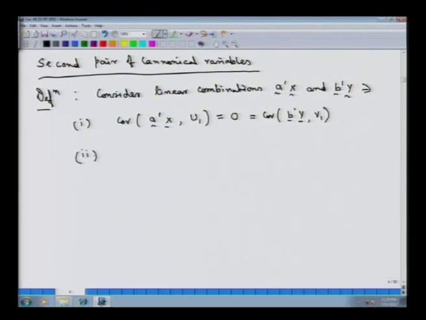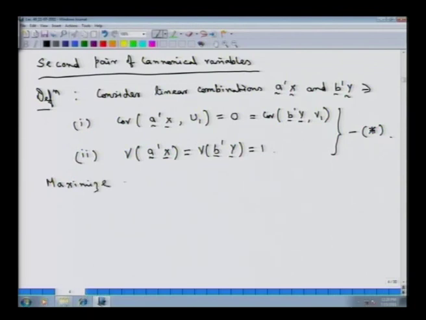Then under this condition, additionally we will have the variance of a' x equal to the variance of b' y equal to 1. So, we are considering all such linear combinations such that these two conditions are satisfied, and under such conditions, let me put a star here, then